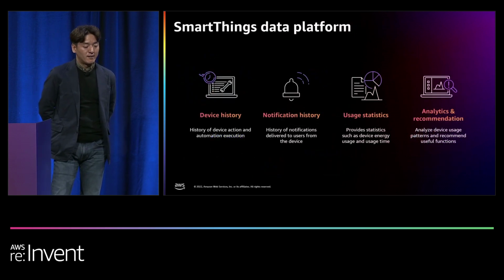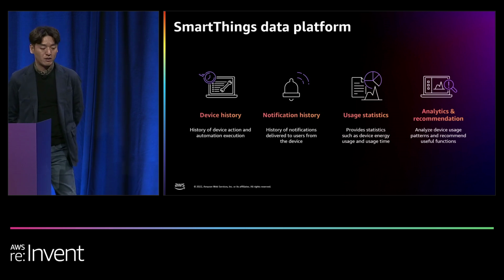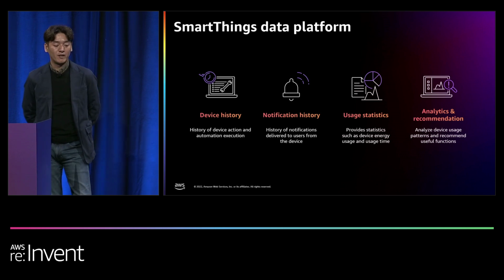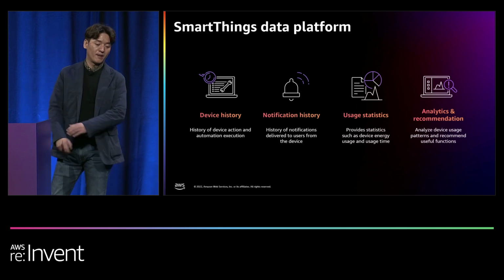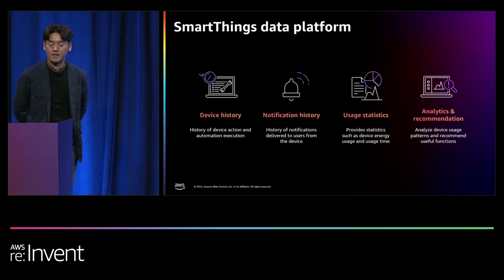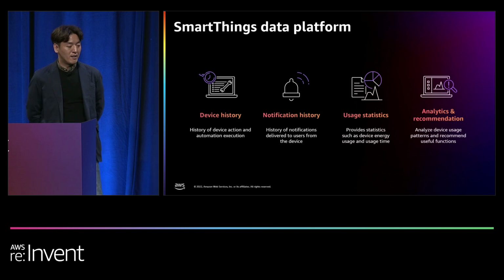As we saw earlier, all data sent by IoT devices will flow through the cloud, and it needs to be processed on a real-time basis. As SmartThings is an IoT platform, all user experiences are expected to work based on this data. The SmartThings data platform takes the responsibility for this data processing, and it processes around 30 terabytes of data on average every day. With this data,